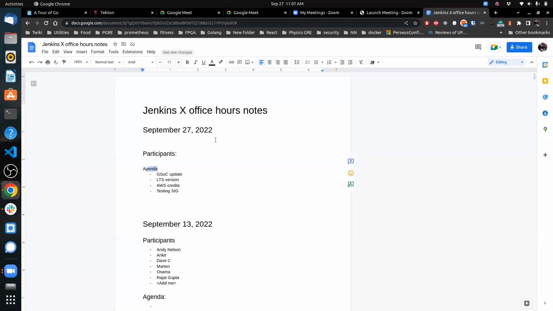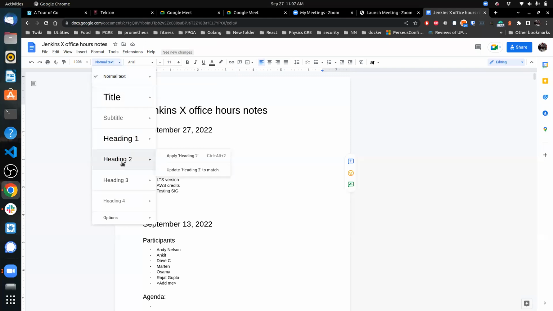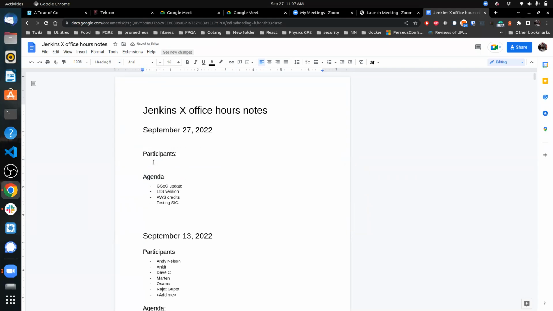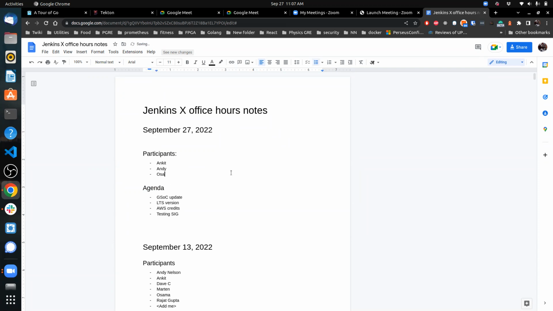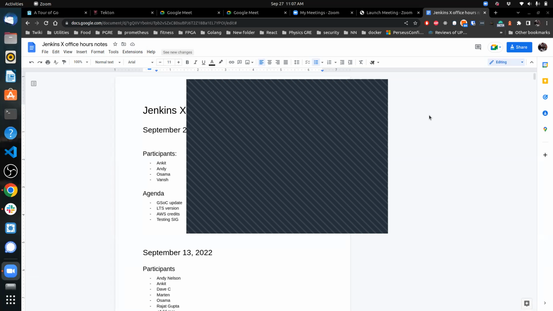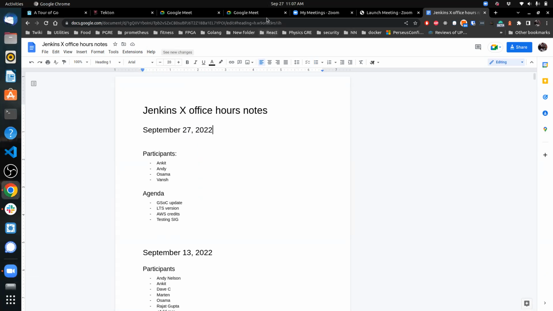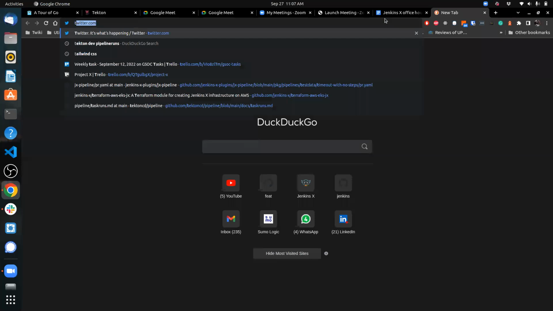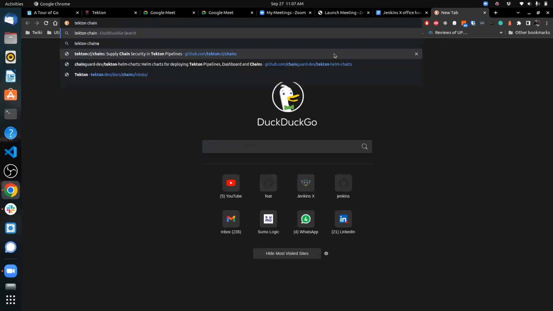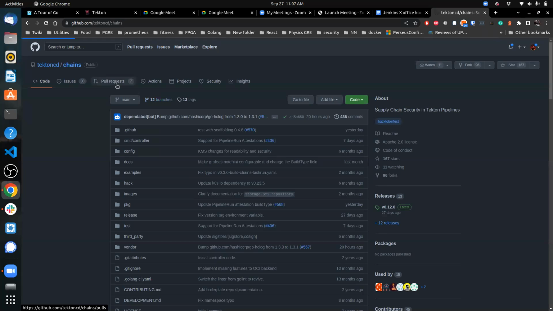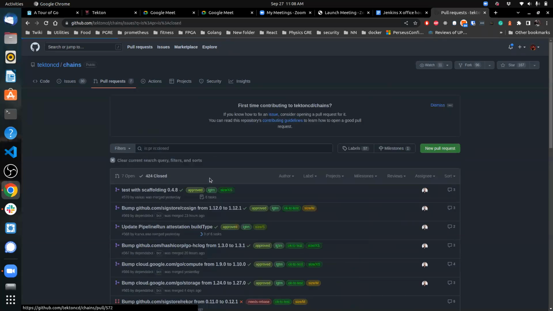I have been working on integration of Tekton Chains to secure our supply chain by signing our artifacts, the pipeline runs, and task runs. For task runs, it's already released by the official Tekton Chains. The pipeline run has a recent pull request that got merged into the main branch of Tekton Chains, but it has not yet been released. So we tested it with the source code, and I built the chains